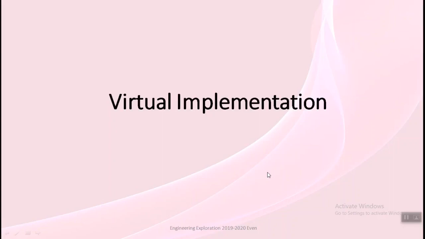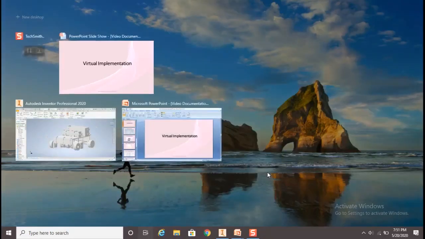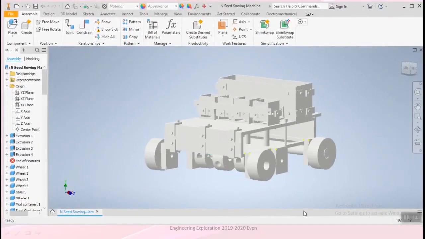So now let us look at the 3D model of our seed sowing machine and identify the function of the different subsystems in it. The mobility unit is the first subsystem, which sets the motion of the machine. It consists of 4 wheels, 2 DC motors and a chassis. The front wheels are connected to DC motors, whereas the rear wheels are connected to dummy shafts. Motor clamps are used to establish the connection between chassis and wheels.